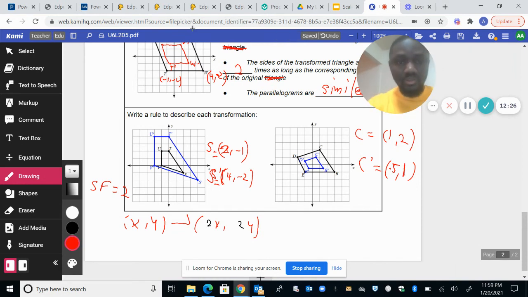So for us to move from C to C prime, we multiply each x and y component of C by half. So I'm going to say here as well that (x, y) has been transformed into